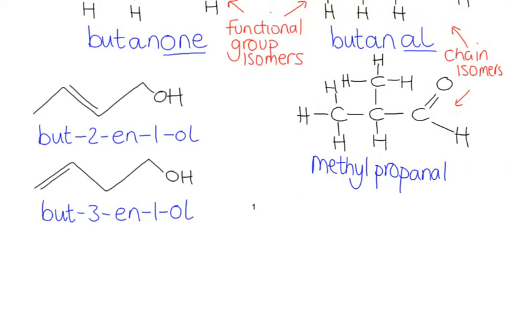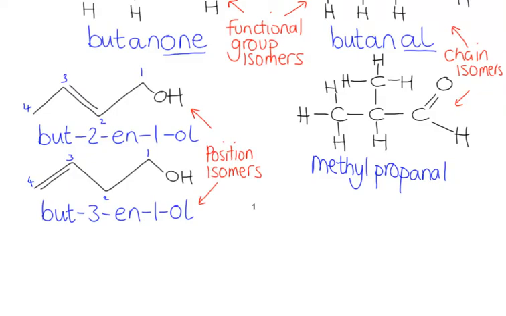And you can see from my last two examples I've chosen to use skeletal formula just to mix things up a little bit. Also what you can see is I have drawn two structures that have an alkene, a double bond, and an alcohol group in them. So we've got but-2-en-1-ol. That's numbering from this functional group carbon here. And but-3-en-1-ol. I've moved the position of the alkene functional group, and therefore these two would be classed as position isomers because the position has moved. It's just a quick recap on structural